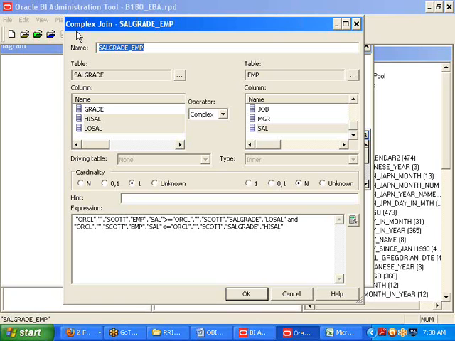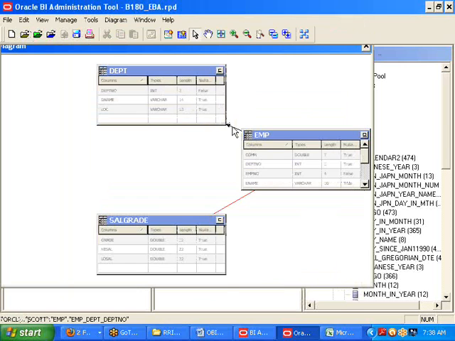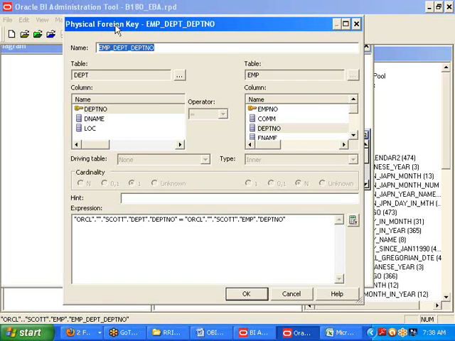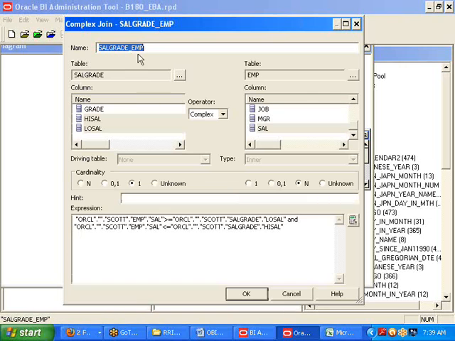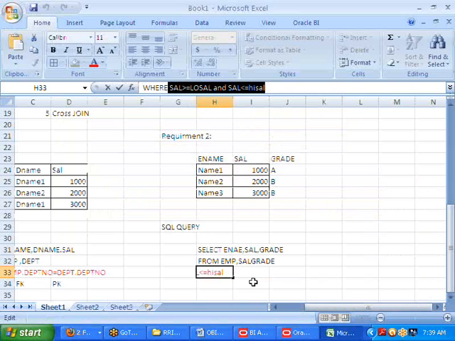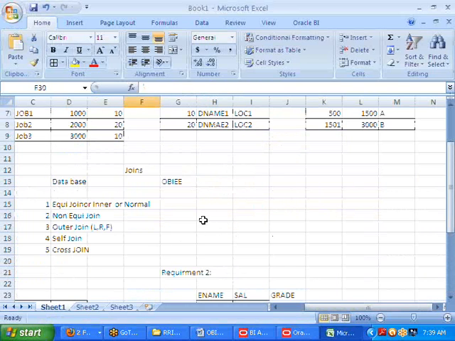So in OBIEE, how many types of joins are there? Only two types of joins: one is foreign key join, second is complex join. The join between EMP and DEPT is a foreign key join. The join between this one and this one is a complex join. Now if I want to compare the database joins with our OBIEE joins, can I say